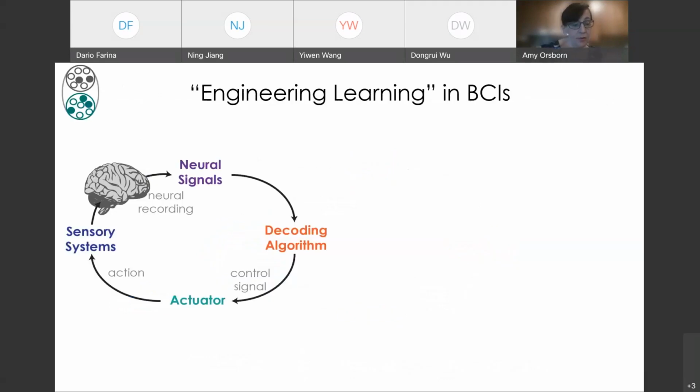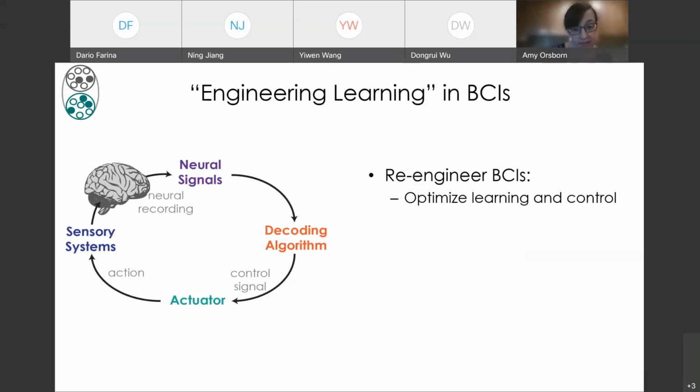And so I'm interested in thinking about these new opportunities that are opened to engineer learning through BCI technologies. And our group, in broad strokes, approaches this in two different ways. So we first are interested in re-engineering the BCI problem to try to optimize learning in the brain. So we can treat the brain as some kind of black box. We know it's learning and adapting in some way. And then we can think about how we can control the other elements of the engineered system, for instance, the decoding algorithm, to try to make the brain learn in an optimal way.